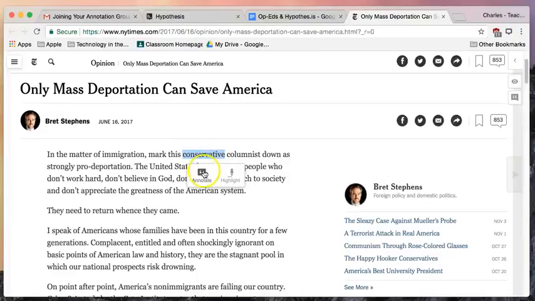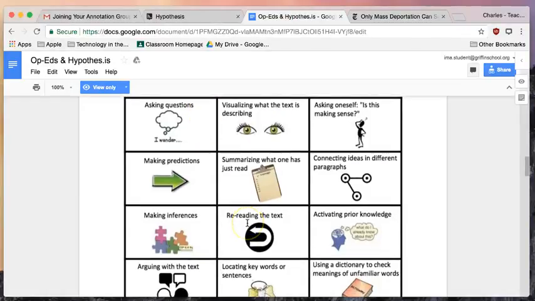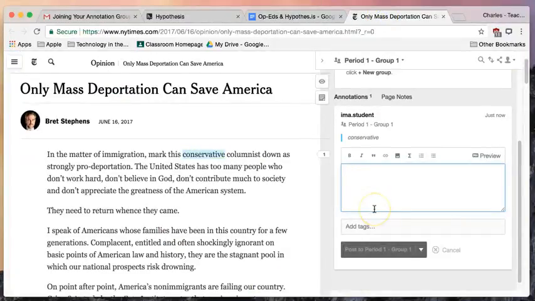Now, I can highlight this and you'll see that the annotation button comes up. I'm going to click on this, and what I'm going to do is think, okay, one of my reading strategies is activating prior knowledge. Really important part about being a good scholar, activating prior knowledge. So I'm going to go back, I'm going to identify, okay, activate prior knowledge. So I've identified the strategy, and now what do I already know about conservatives and immigration? Now, not all conservatives feel the same way about immigration, as we'll find out. Bret Stephens actually has perhaps a surprising stake, but I know that many